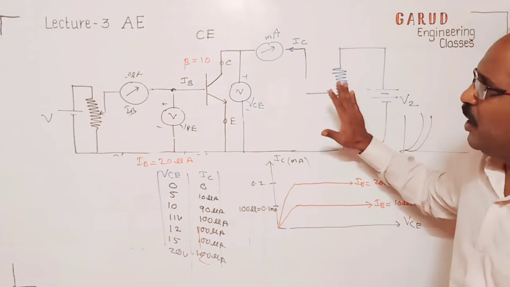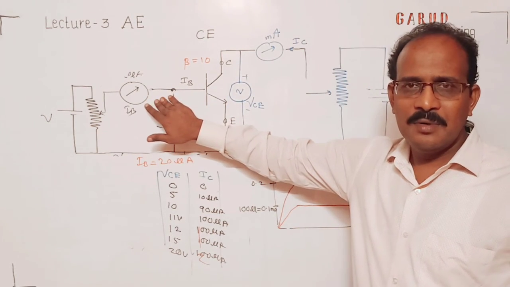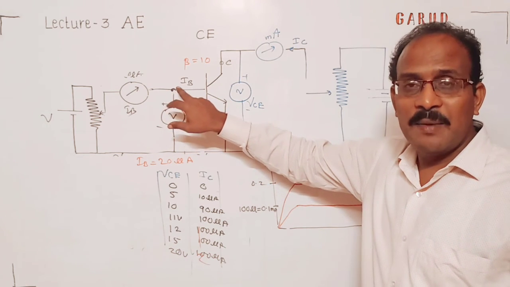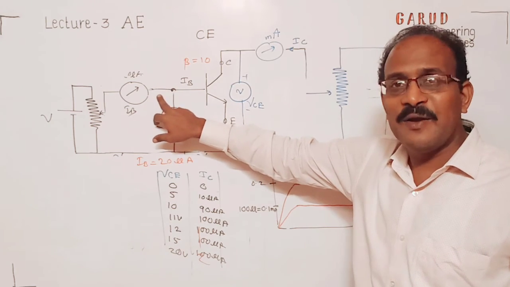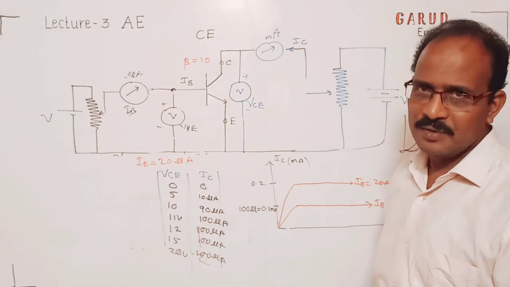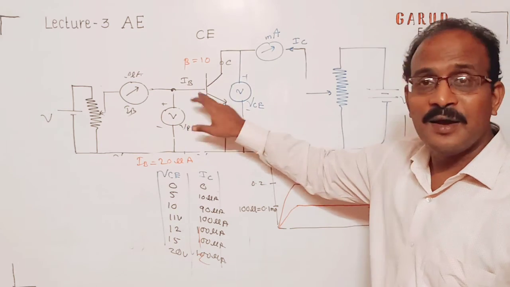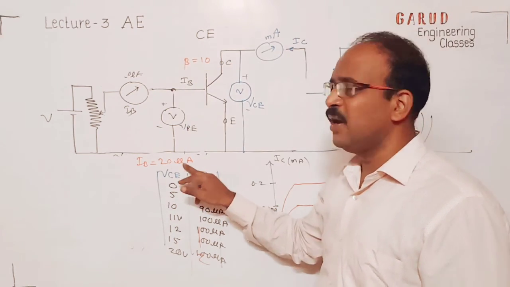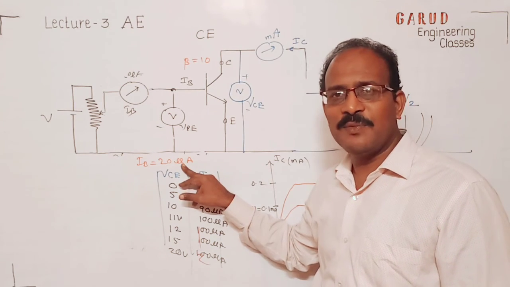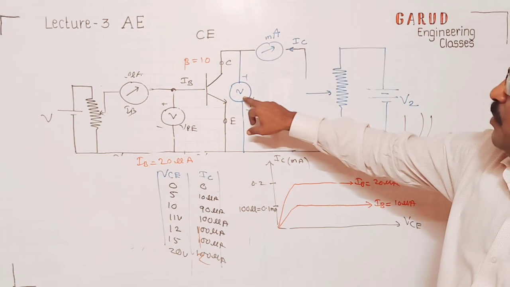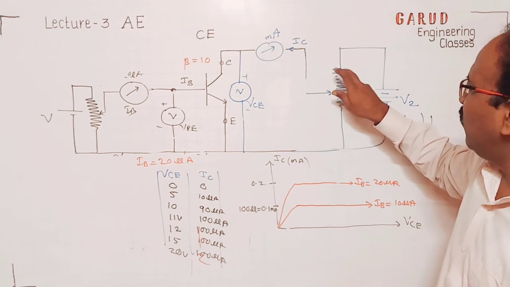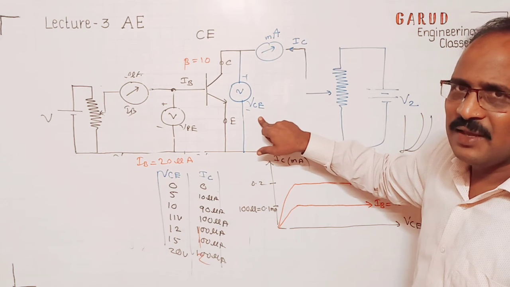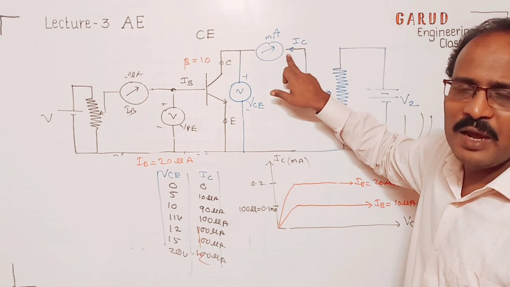For the output part, we have to keep the input stable. We have to make the input current stable. Why? Because this is a current device. By varying the input current, the output current will vary, so we don't want that. So we maintain some stable current, around 10 microampere, 20 microampere, and we vary this. Pay attention here: even though we vary this, we have to check here. We have to maintain this 5 volt, 10 volt like this, correct? And at that time we have to check the current.